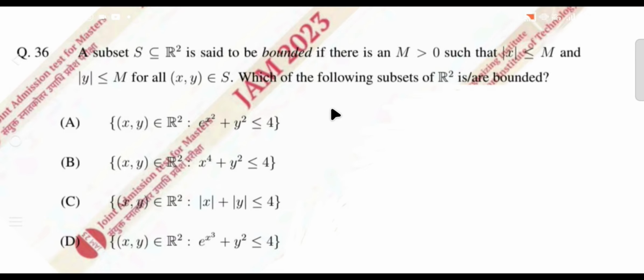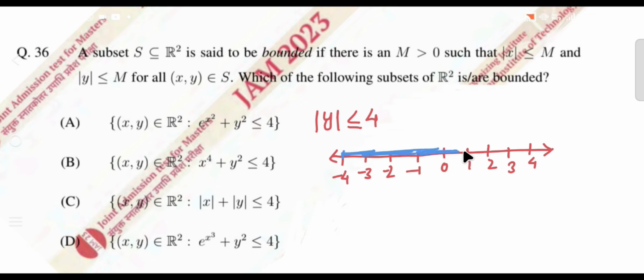Before going to the options, let us understand the things related to this question. You see here the powers and a mode in one option. Suppose we take a variable y, here is the mode, and this is less than or equal to 4. You know, this is an inequality. Then the solution obviously will be